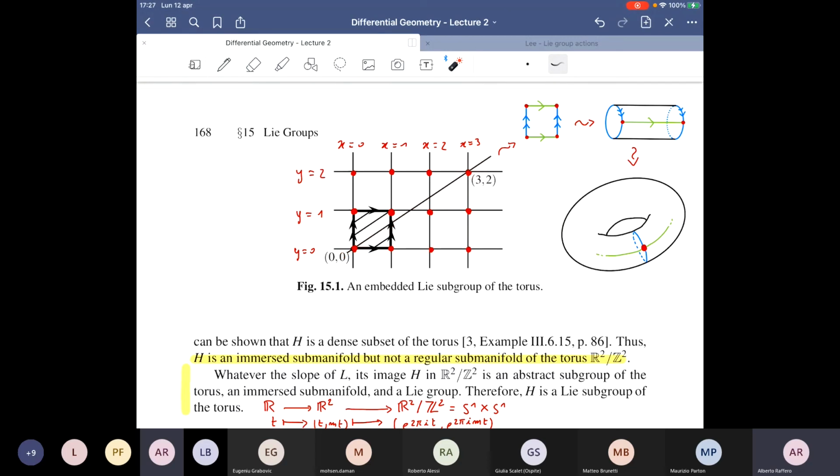So via the identification we are considering, as you can see, this portion of the line here is equivalent to this portion here. So we can think of this portion as this portion on the torus. In the same way, the points in this portion here are equivalent to the points in this portion here, and these points here are equivalent to those here. So at the end of the day, since your line passes through this rational point, so this point with rational coordinates, it will close up on the torus.